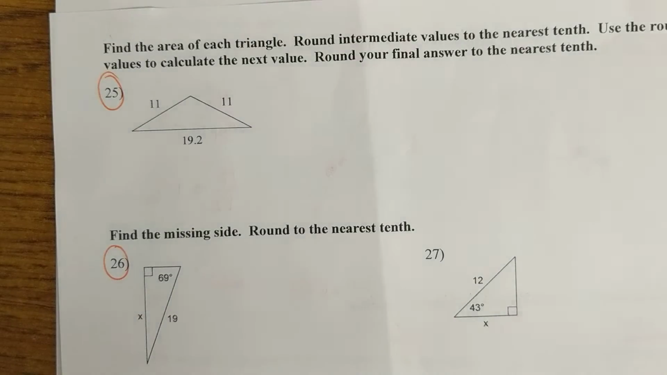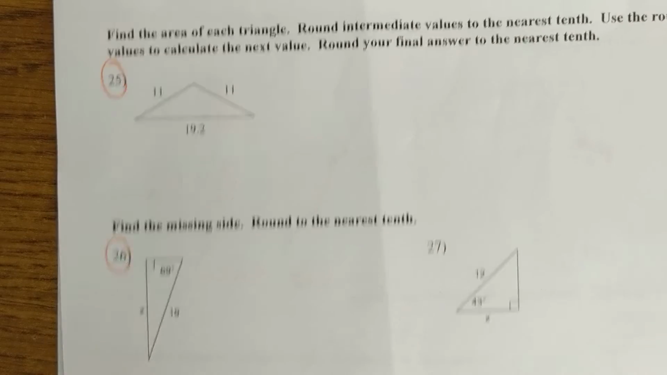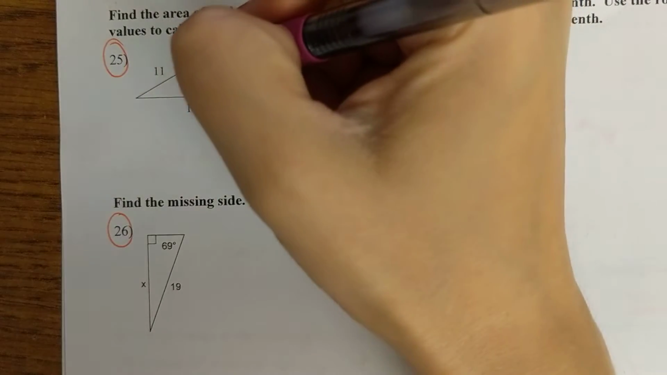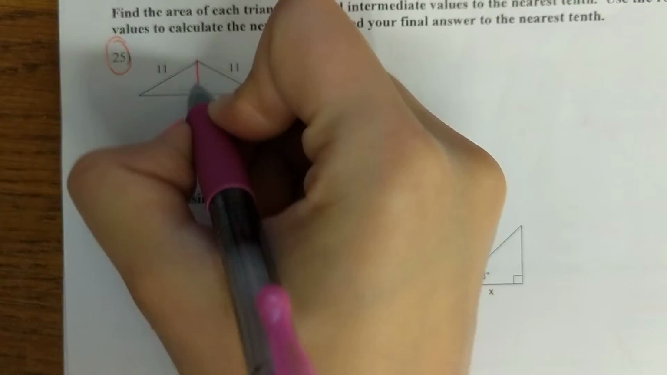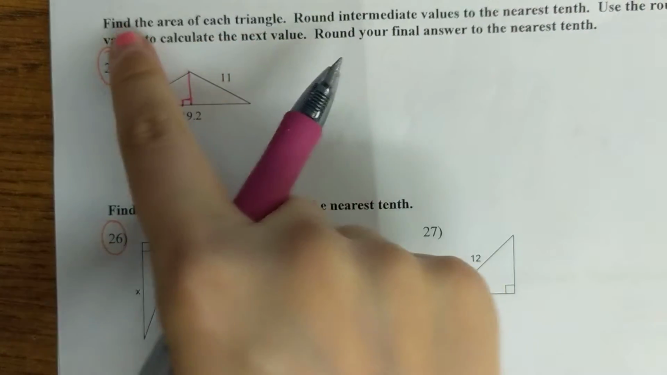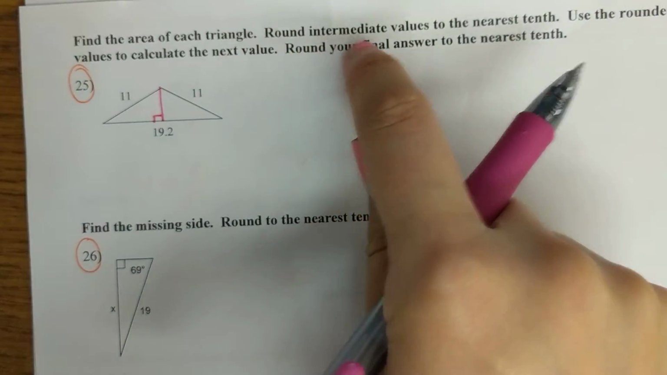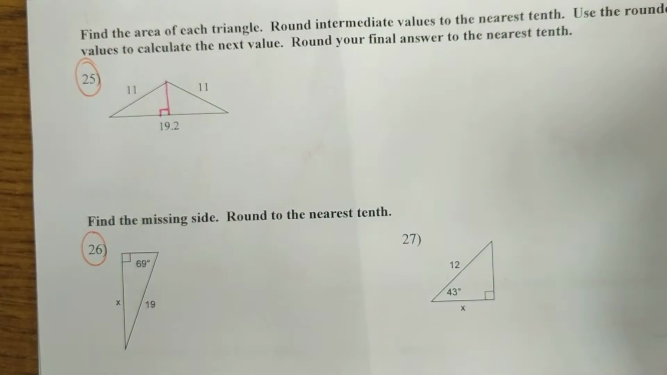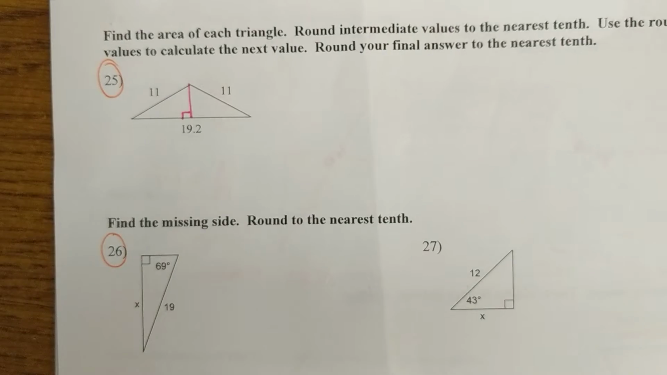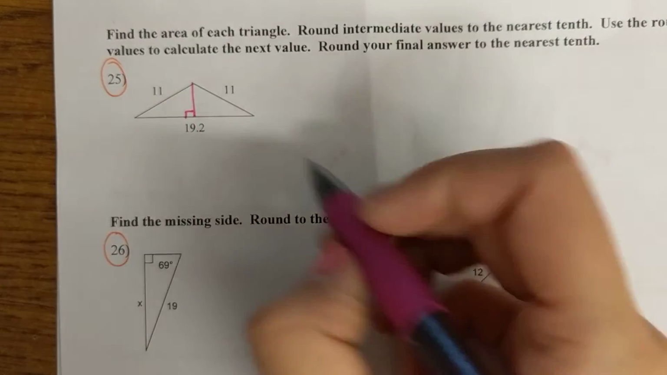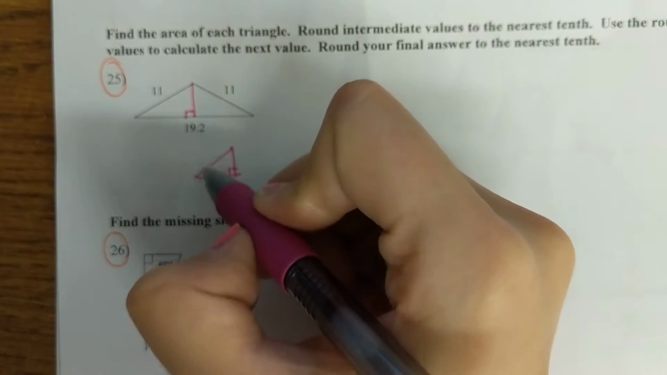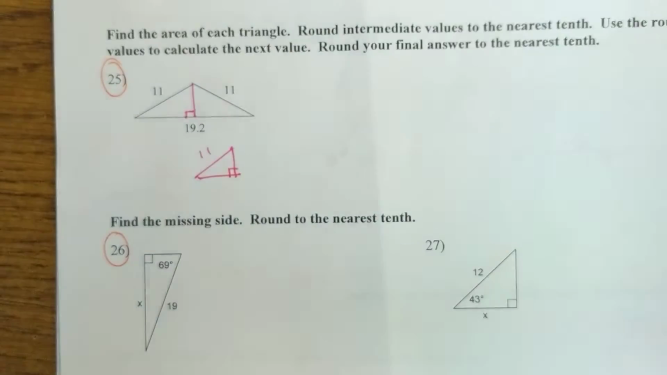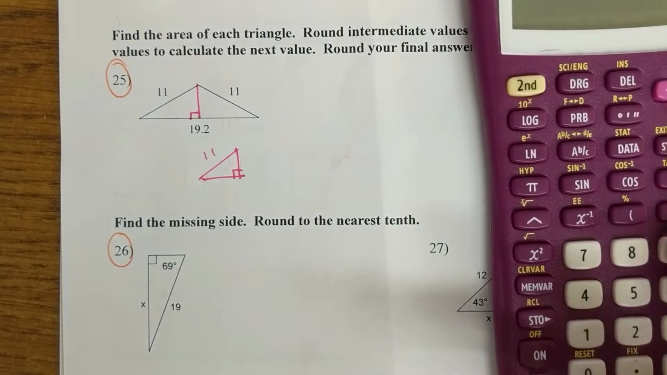Okay, this video is getting much longer than I would like, so we're going to speed through the rest. Cut this up into right triangles because we need to find the height of this triangle in order to find its area. Round intermediate values to the nearest tenth. So anytime you get a decimal on the calculator, round it to the nearest tenth. All right, so for the right triangle that I just split it up into, the hypotenuse is 11 and the base of it is half of 19.2,